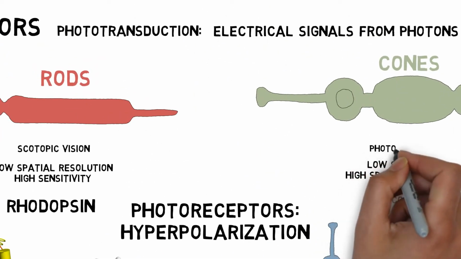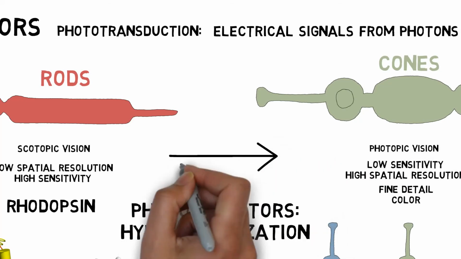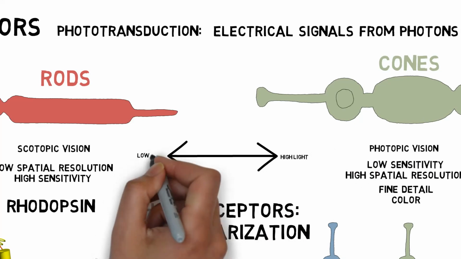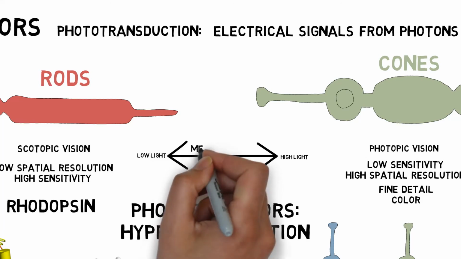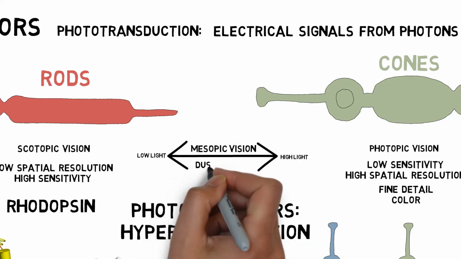Though rod cells can operate in little to no light, cones are responsible for photopic vision, or vision in high lighting conditions. They actually need a high lighting environment to operate, and they are responsible for what we probably think of as seeing. Mesopic vision is when rods and cones are being used in conjunction, like at dusk or dawn,